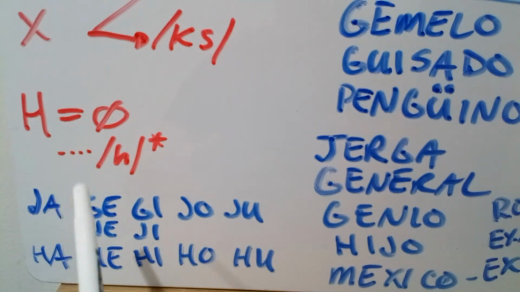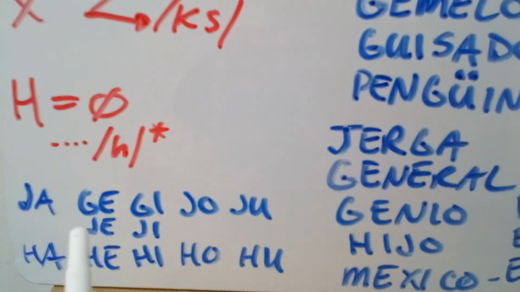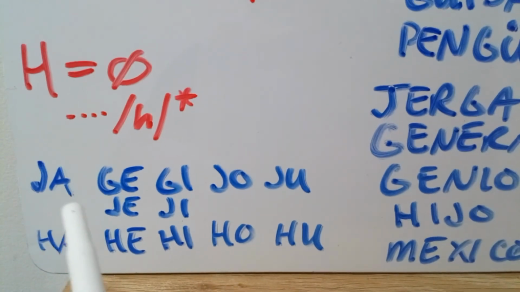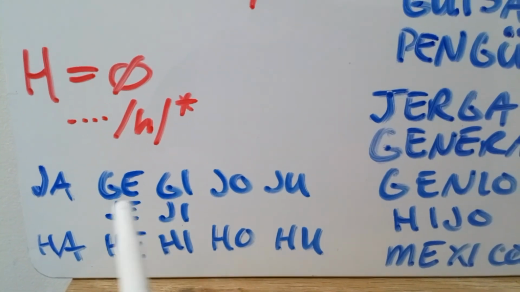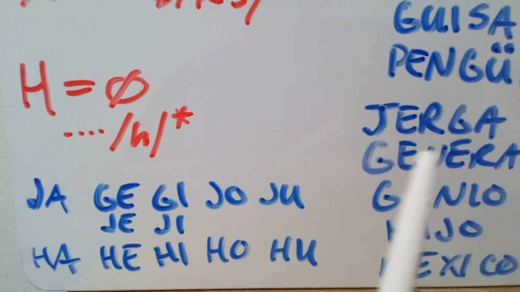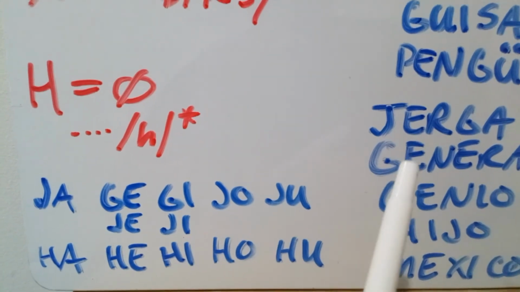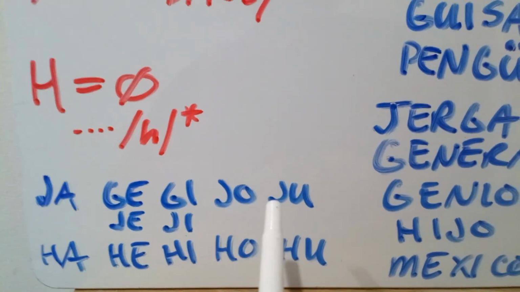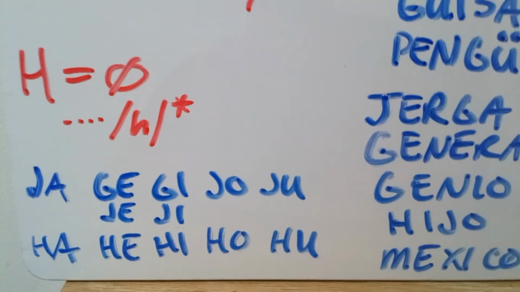And finally down here, we talked about how the J and the H make different sounds or no sounds. I just want to show you the syllable structures that I have here. So for the J, we have ja, je, jo, ju, and the ge and the gi, remember, if it's G-E or G-I together, it makes that h sound, right? But similarly, as you saw in the example with jerga, J-E and J-I can exist as well, and hijo. So ja, je, jo, ju. And finally, we have the H, but that doesn't make a sound, right? It doesn't make a sound, so we get a,